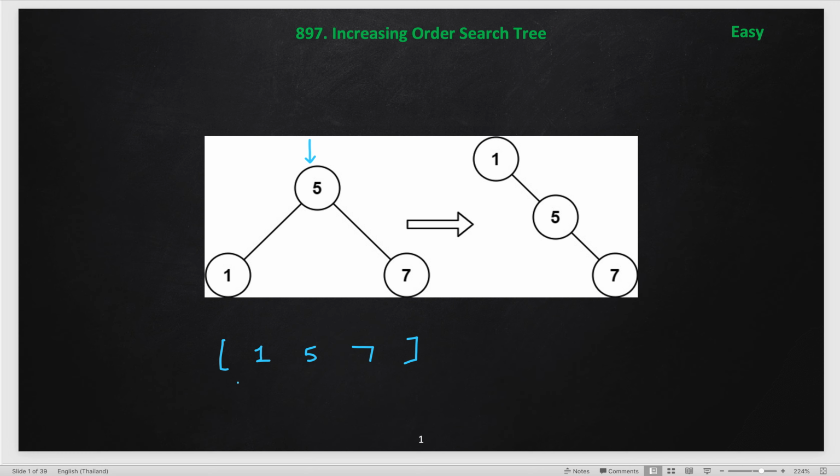Once we get the values, we will construct the tree by using the values from the list. We will start from here, make this node the root, and then we call root dot right, we will make this node the root dot right, then we will make another node root dot right, and like this we will keep adding. So, this is our new node root, then the root dot right and the root dot right. So, this is the final answer. This is very straightforward. I guess you must have already solved it, you can easily solve it. Just pause the video and give it a try first.